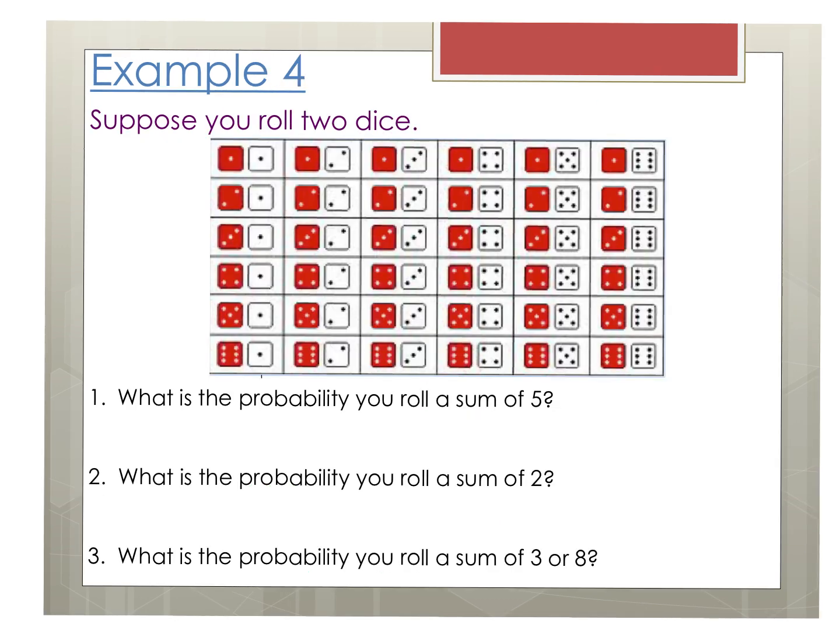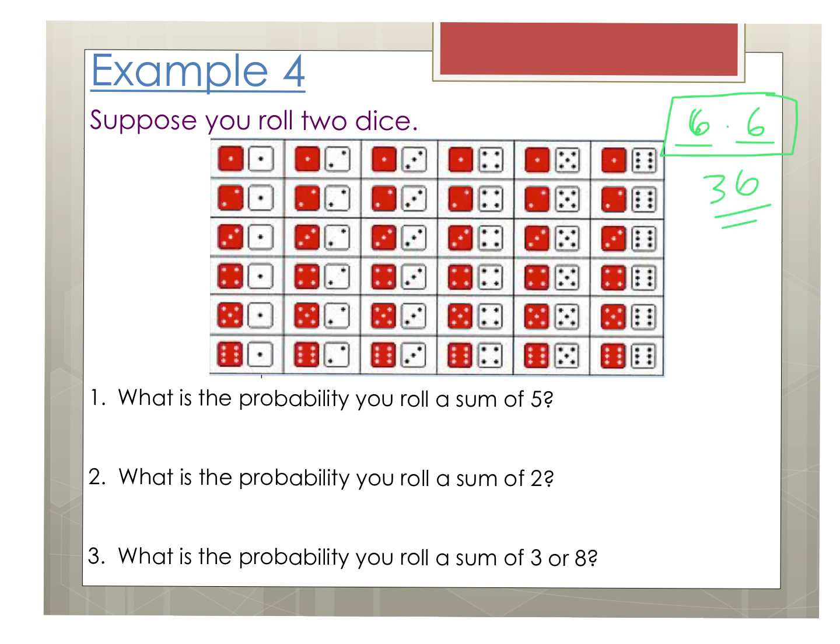We're going to look at 2 more examples and then have some work time. So here we have a sample space of rolling 2 dice, and by the multiplication counting principle, since you have 6 total possibilities of rolling 1 die, and then you have another 6 possibilities of rolling a second die, by the multiplication counting principle, which was part 1 today, that means you have 36 total possible outcomes when you're rolling